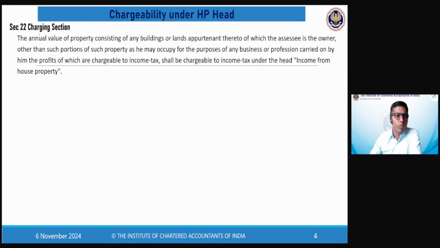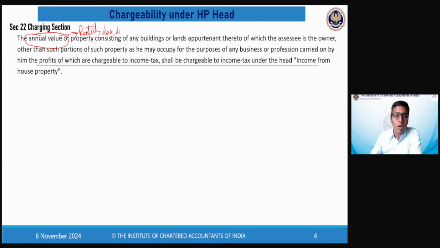So what it says, what will be taxed under this head is the annual value. So interestingly, they are not using the word rent, but yes, please understand, we are talking about rental income only. But then why did they not use the word rent? This is also interesting to note. For a simple reason, please understand and appreciate, students, that when we are talking about taxation laws, the lawmaker does not want to miss out any opportunity only because of the usage of language. It should not happen that I am using the word rent and somebody else says, no, what I am paying